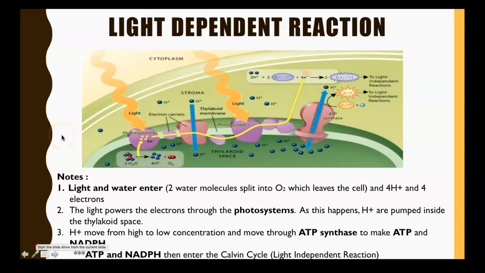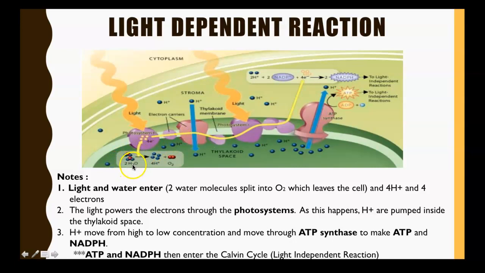So now we have to talk about how these electrons are being replenished to keep this process going so that we can produce NADPH and ATP. If you can remember, the reactants for the light-dependent reaction are light as well as water. We haven't talked about the importance of water in the light-dependent reaction, and this is where water plays a key role. So when these electrons get excited and leave photosystem 2,